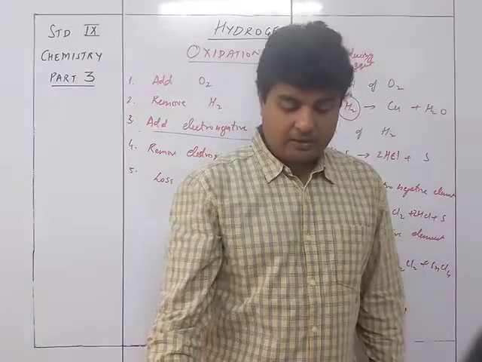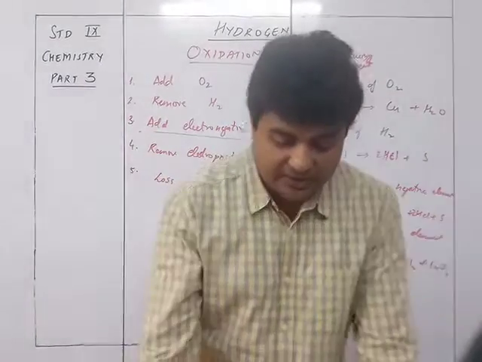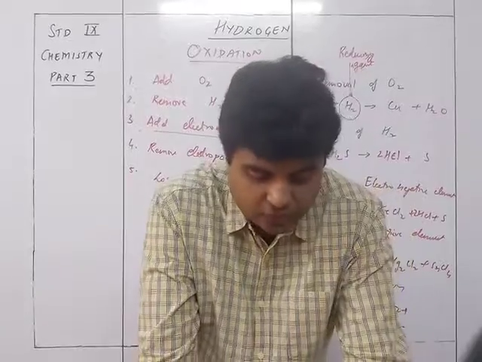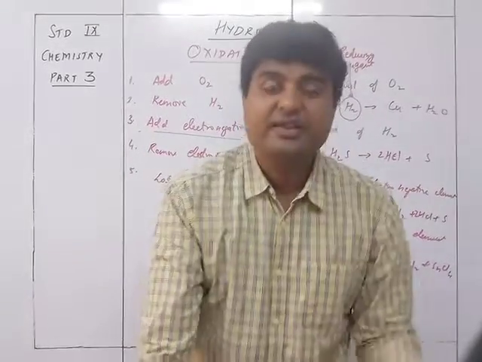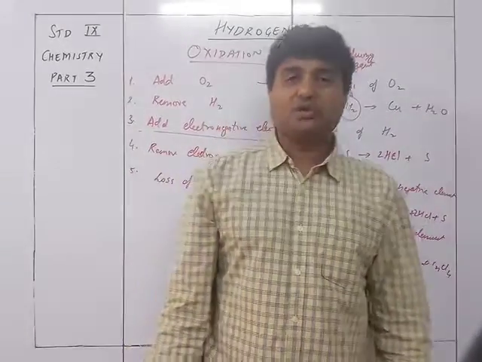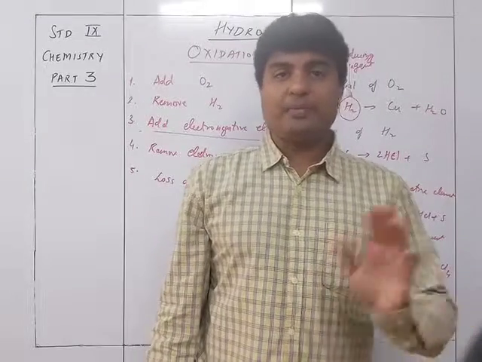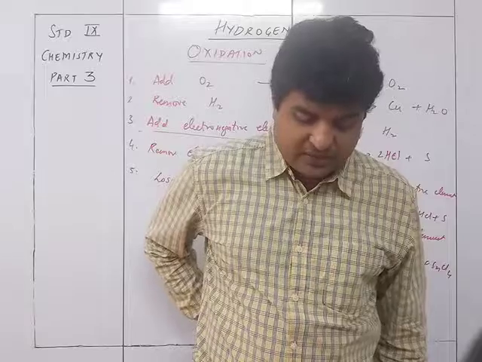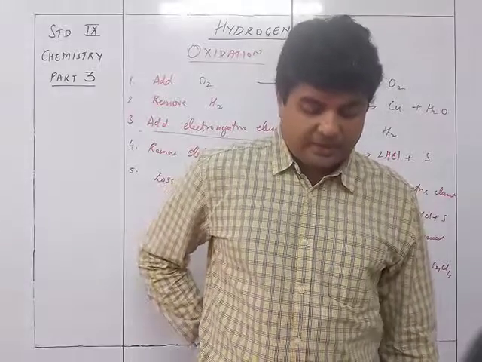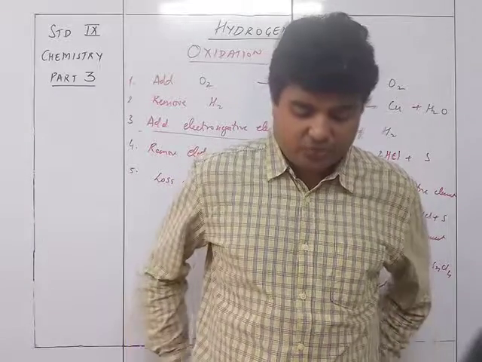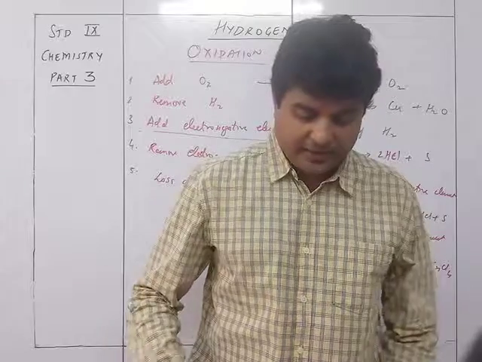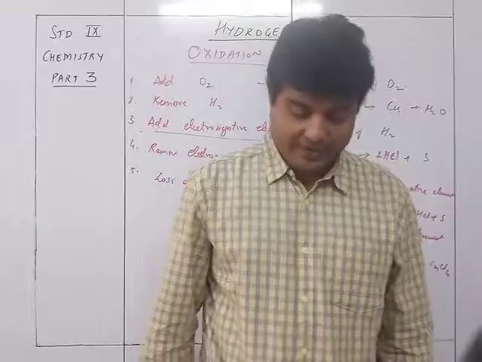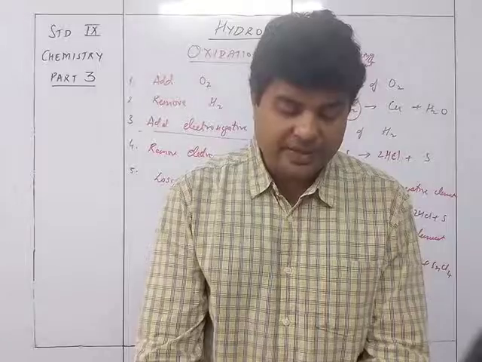So the reaction will be the same. FeCl3 plus SO2 plus H2O will give FeCl2. So FeCl3 became FeCl2 because the iron 3 chloride became iron 2 chloride, applying HCl plus H2SO4. So iron 3 chloride reduced to iron 2 chloride. Similarly, Cl2 with H2O gives HCl, so chlorine is reduced to hydrogen chloride. So that is the reduction reaction.